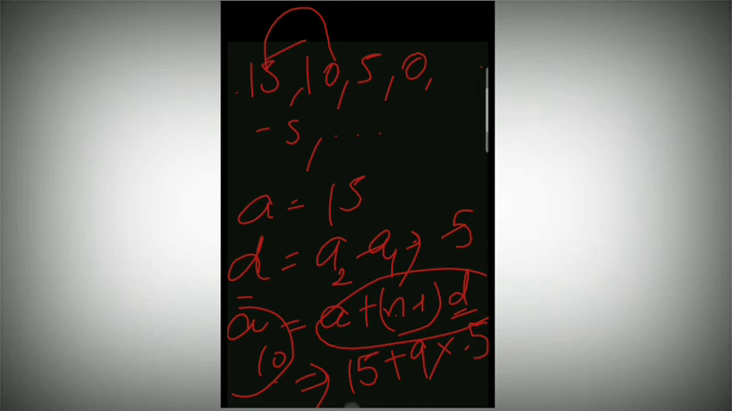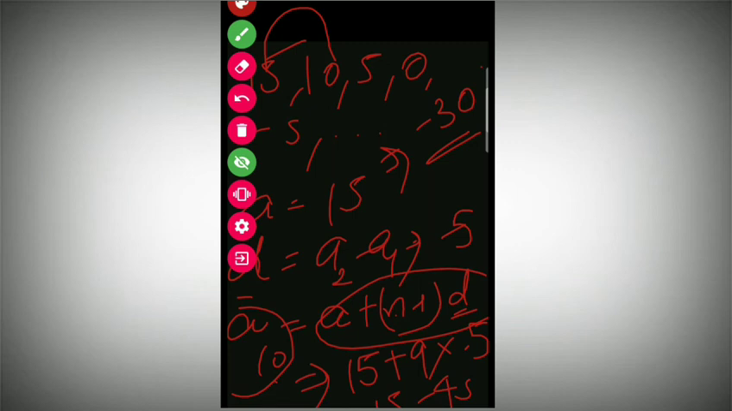Now you can solve it. 15 minus 45. What is the value of 15 minus 45? That will be minus 30. I think all of you have got it, what I wanted to tell you. Okay, dear students, I had to take the exercise with you, but in this lecture I am not taking the exercise. I am going to tell you one more question